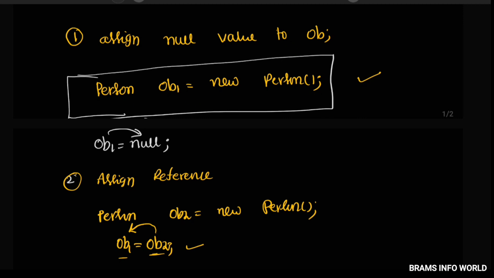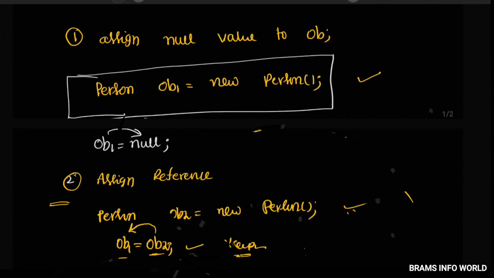Okay, so the best example is that you are going to eat two ice creams. The first ice cream is completed. The second ice cream you keep in the refrigerator. That's it. So this is also assigning a reference. Whenever you want to eat the ice cream, the reference is your refrigerator.